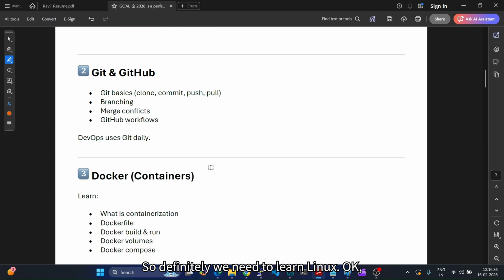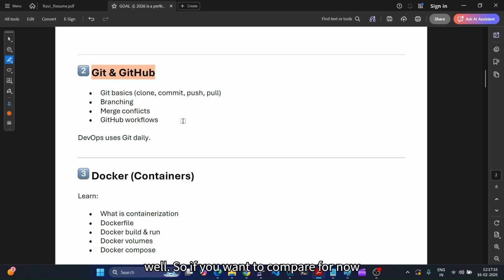Okay, then the next tool we have is called Git and GitHub. So what exactly are Git and GitHub? Whenever we write code, one thing we can do is keep it in our local directory or local system, but if somebody else wants to use that, how can they use it? They cannot come and ask you, okay, give me the code in a pen drive or something, so I can use it. So Git is basically a centralized repository where we can keep our code, and anyone else in our team can use that code. So we will learn more about this as well.